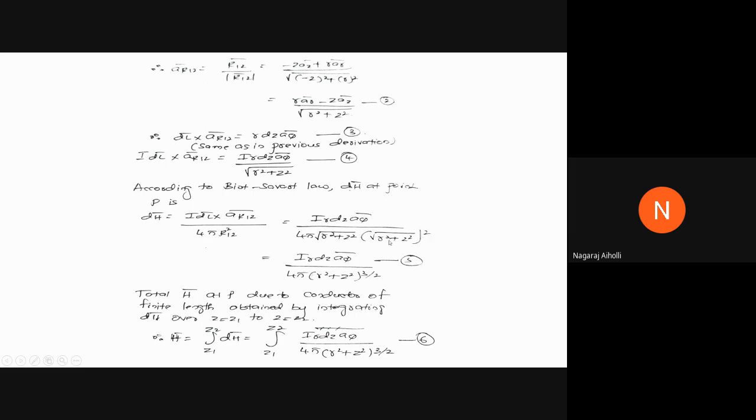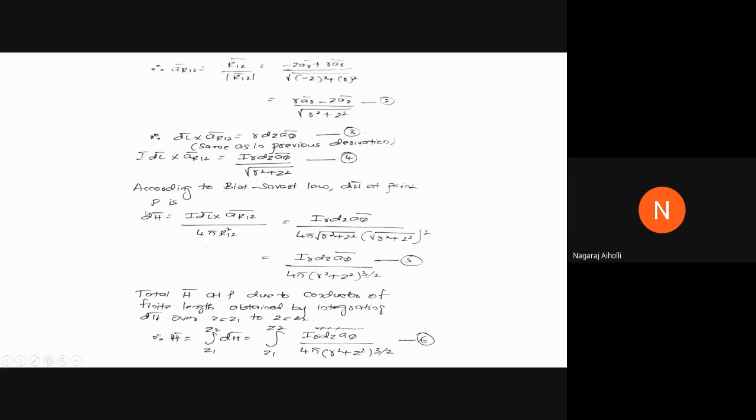everything is the same as that of the previous equation, only the limits are different. There the limits were from minus infinity to plus infinity. Here the limits are from alpha 1 to alpha 2. Only that is the change. All the other equations we are getting are the same as those for the infinitely long straight conductor: I R dz dφ bar divided by 4 pi into R square plus Z square, the whole raised to 3 by 2. Take it as equation 5.